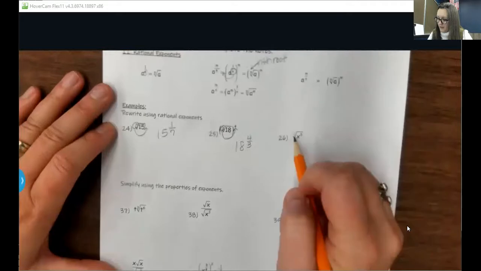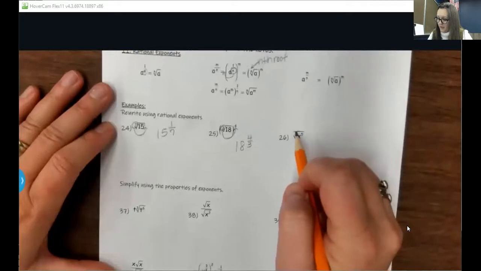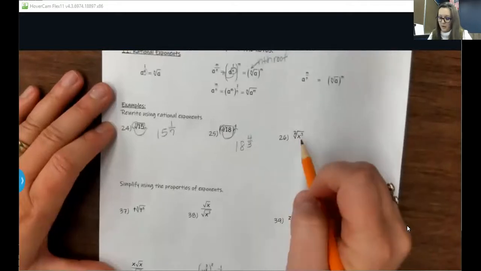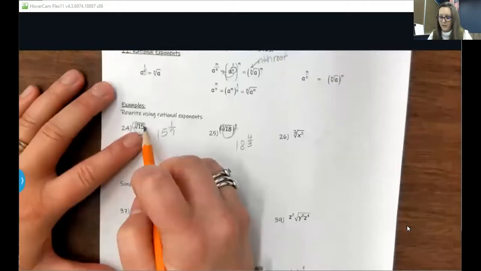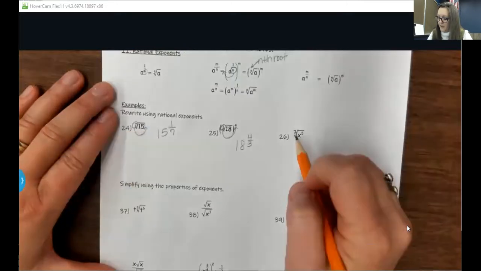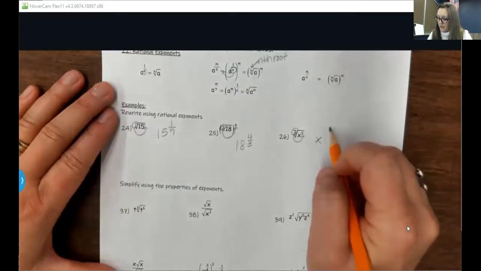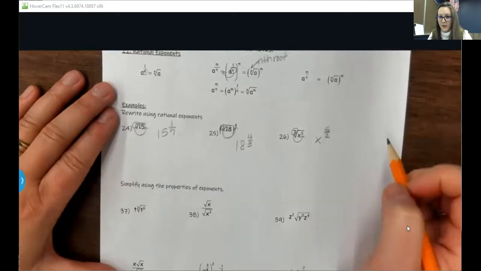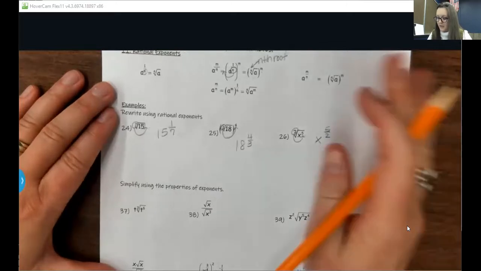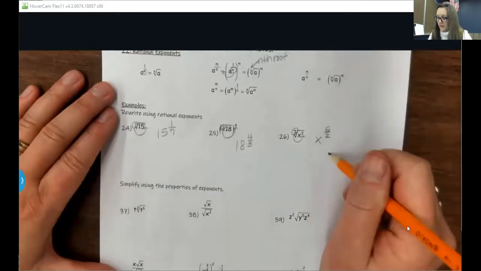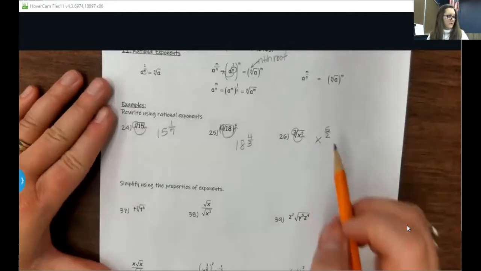Let's look at this one. I don't have a number here, so I know it's my understood square root, right? Just like the one over here, it's understood square root. My 2 comes over here, and it's x raised to the 5/2 power, okay? We're going to talk about this a little bit today because we can solve for this value here. We can simplify it even further